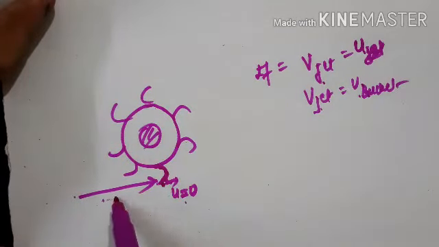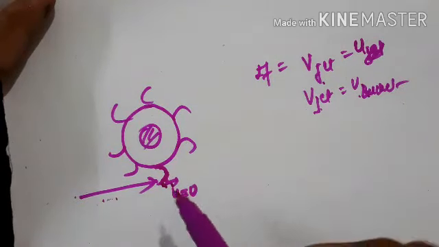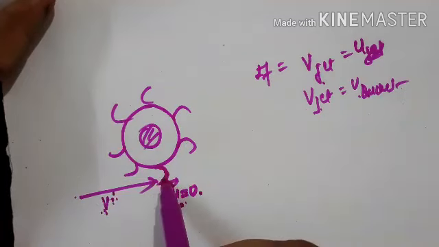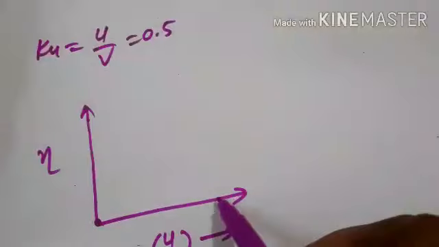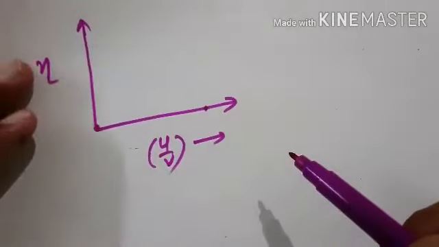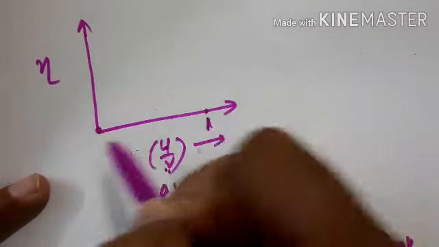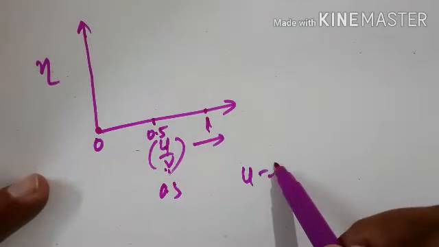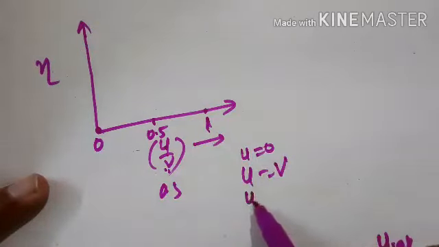Try to understand, when the vane is stationary, there will not be any efficiency. Also, when the vane velocity is equal to the jet velocity, the jet may not strike the vane. In that case also the efficiency will be 0. But we get maximum efficiency when this ratio is 0.5. So this is 1, this is 0, and this is 0.5. So 1 means when u becomes v, and the other when u equals 0, and the other when u equals